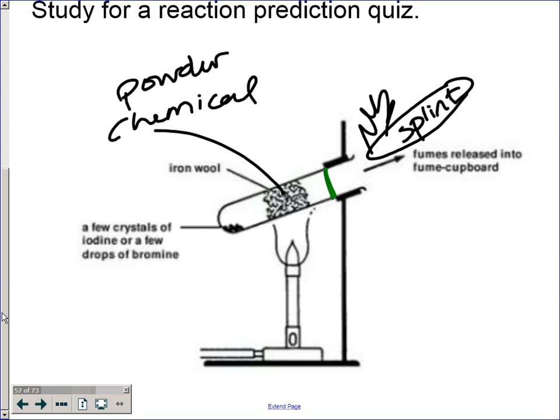Alright, and eyes over here in 3, 2, 1. I just want to show you how to run the first experiment, because you can read the instructions, but a lot of times people don't understand what it's saying. All you're doing is you're putting your piece of magnesium ribbon, it's this little piece of metal that's inside of a bag,